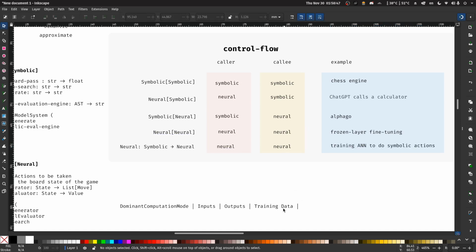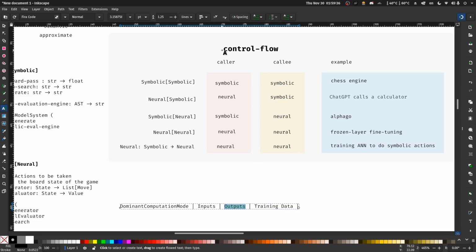So I would have to add a whole training data column. But this is a table about control flow, so I didn't quite add that yet. That's how I know there needs to be a training data column, because symbolic systems aren't trained at all. They're fixed, hard-coded, static. And then you can evolve the systems over time using something like a genetic algorithm. So that's yet another dimension that's possibly in there. But before we even get there, we already don't have a basis, because